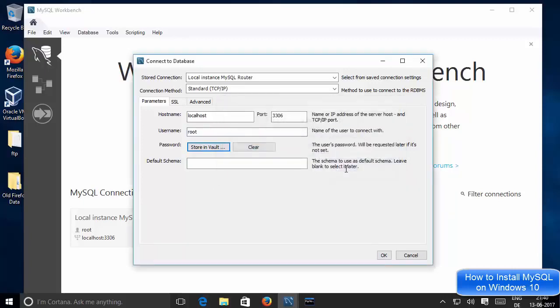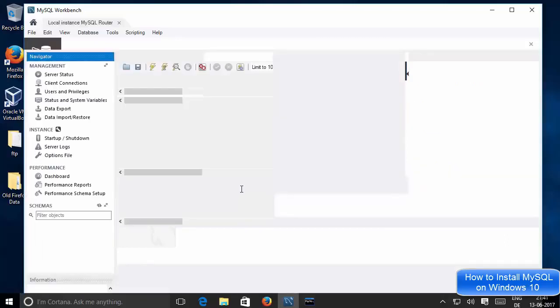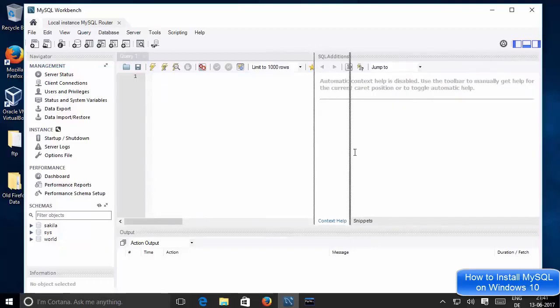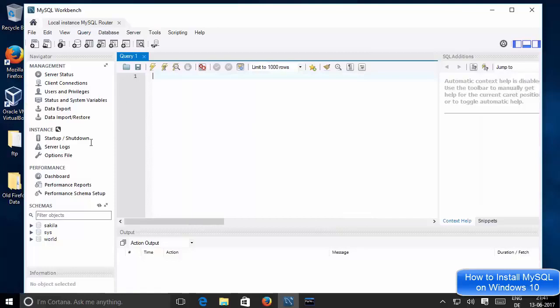And once it's done, I can just click OK here, and it will connect to the MySQL server and show me all the options, right? So you can see I will be able to see this kind of interface now, right? So I can just drag this like this, and then I can see my schemas inside my MySQL server.